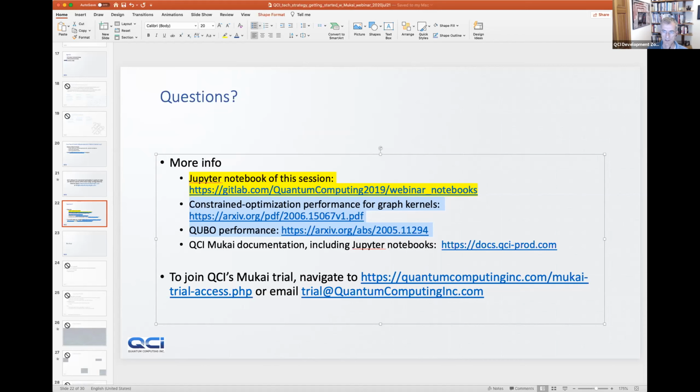When we think of QUBO in the Mukai context, it's a full, virtual QUBO, not specific to any piece of hardware. It allows full connectivity: any variable can be connected to any other variable, so you can think of it as a fully connected graph or a clique. The documentation here, yes, I will copy all of this and paste it in the chat.